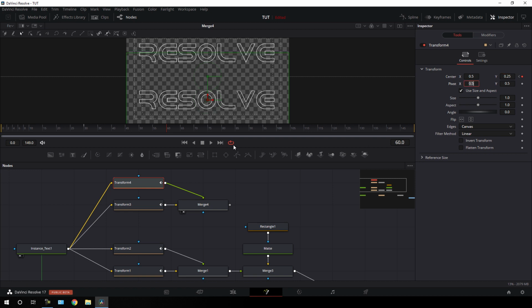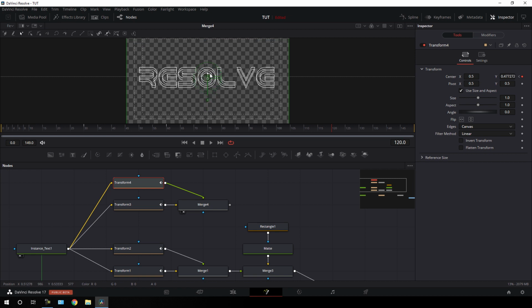All right, and now go to 1 second forward in time on frame number 90. Add one more keyframe by clicking on this button and lock this value. Go to frame number 120. Let's drag it up and set it in the center. Set this value 0.5.